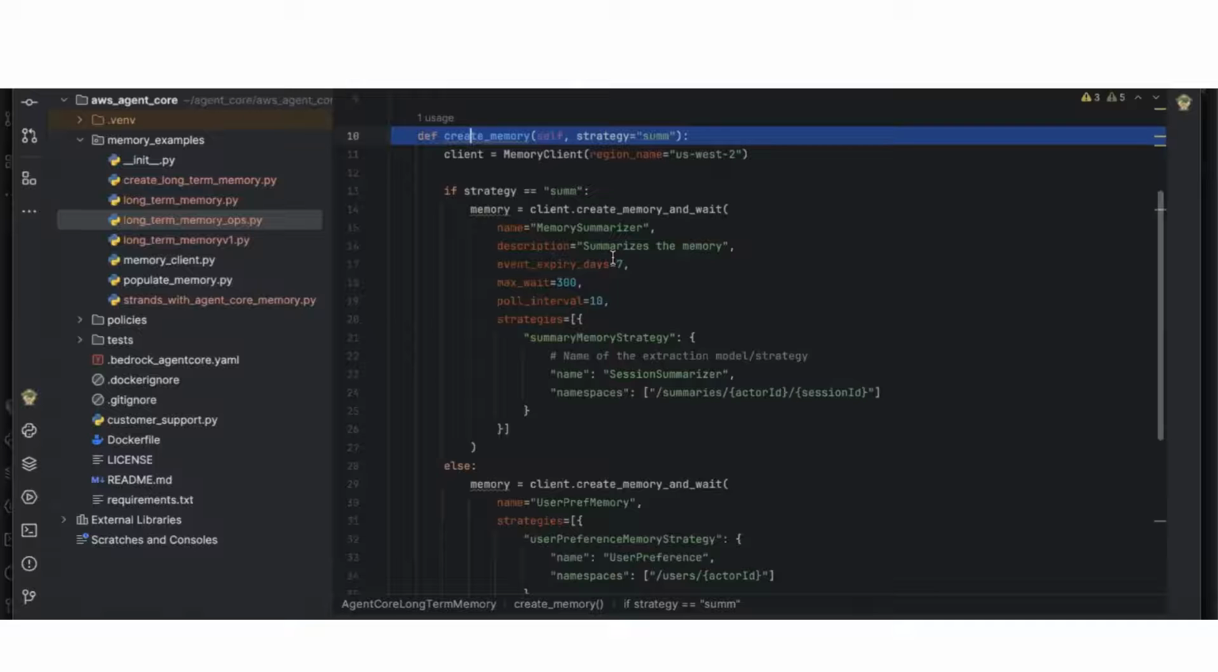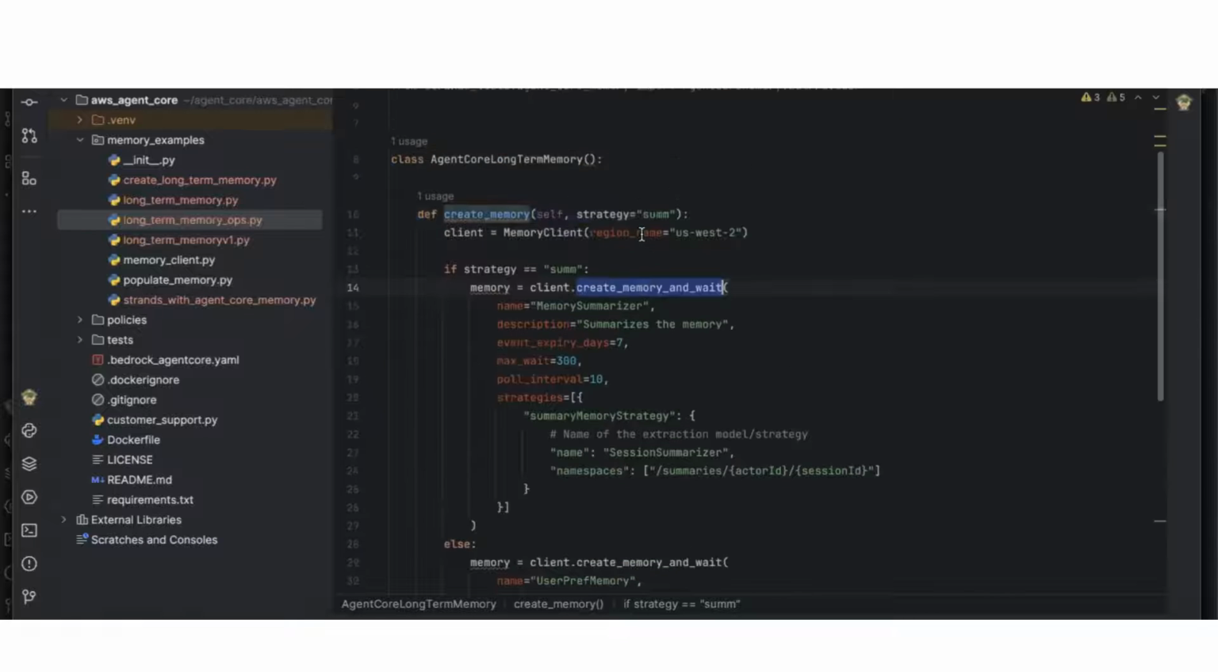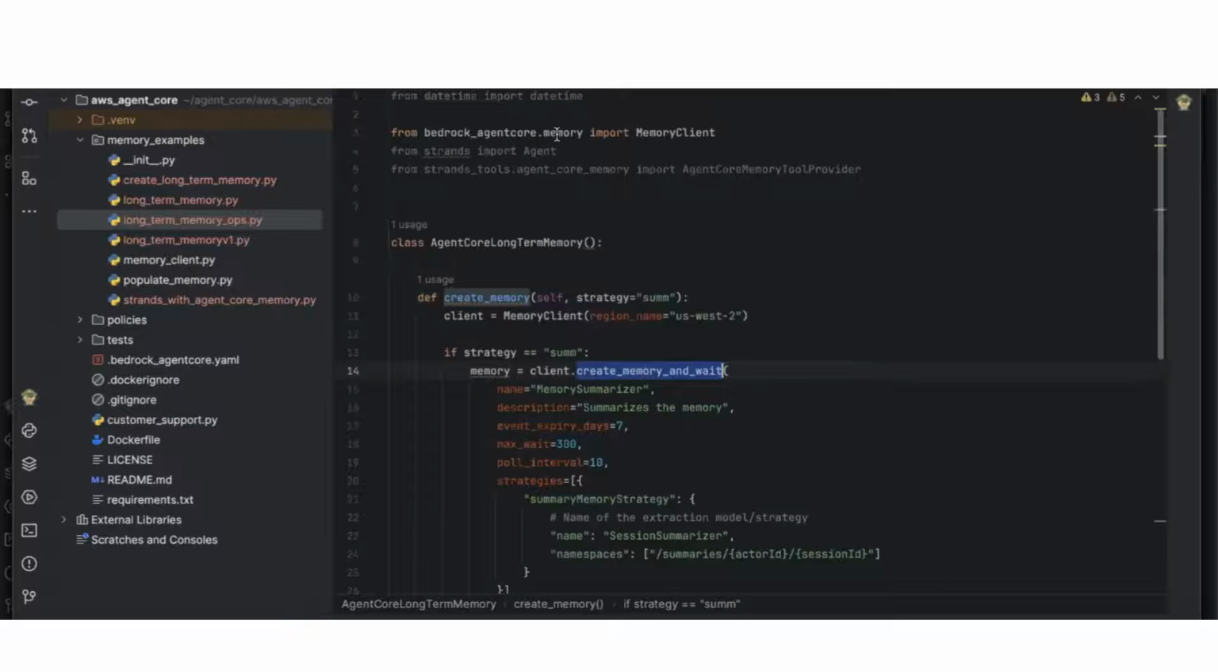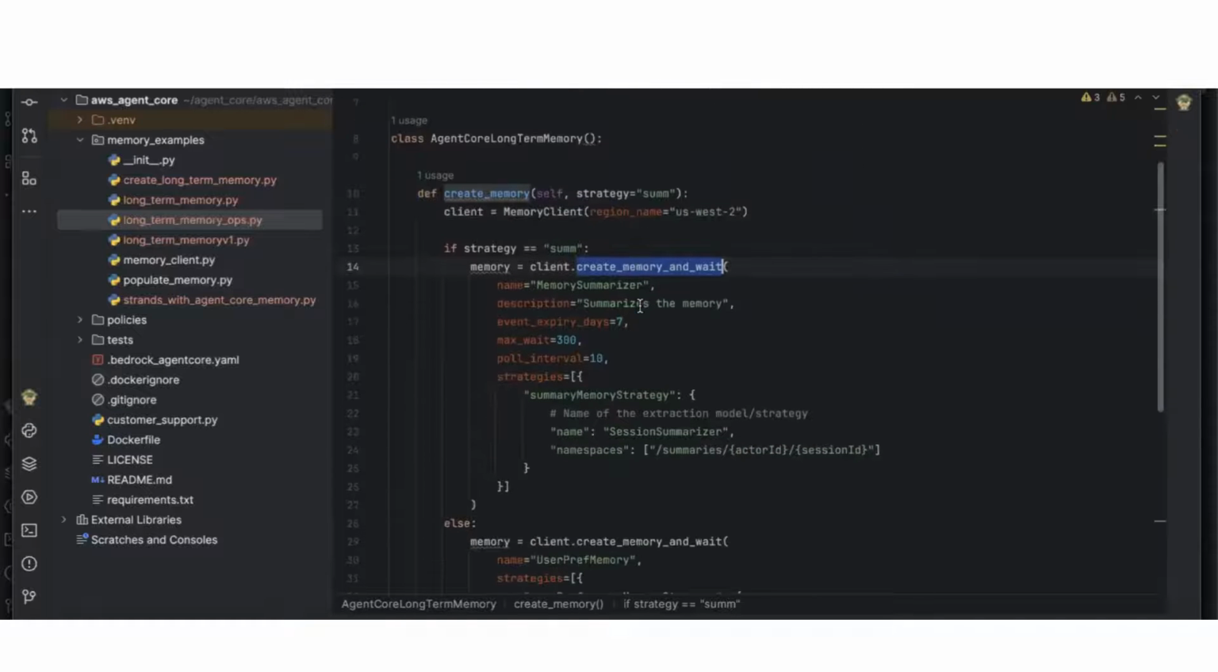So when I create a long-term memory, I need to use the create_memory_and_wait function from the Bedrock Agent Core memory client. And it takes these parameters, like the name. I can name the memory. I can put a description of the memory, although it's optional. And event expiry days. So basically,